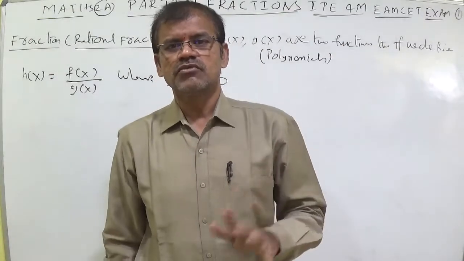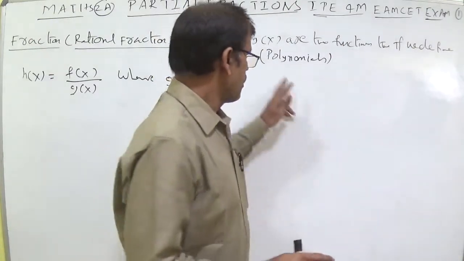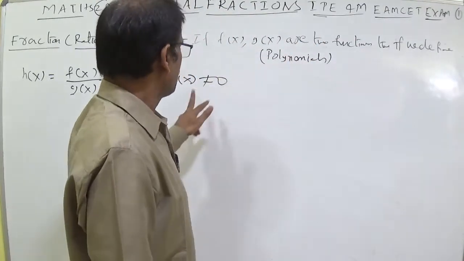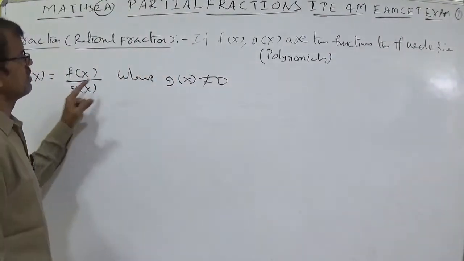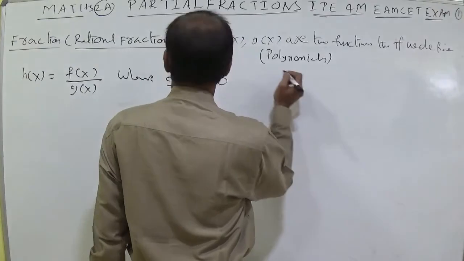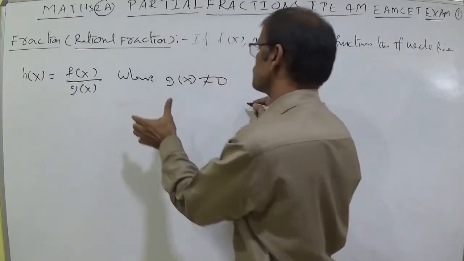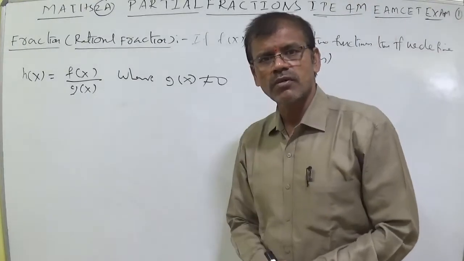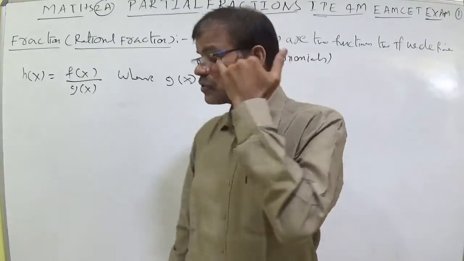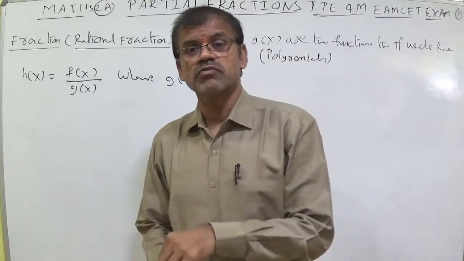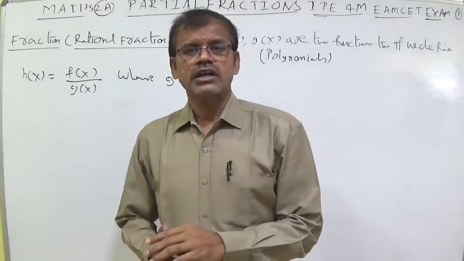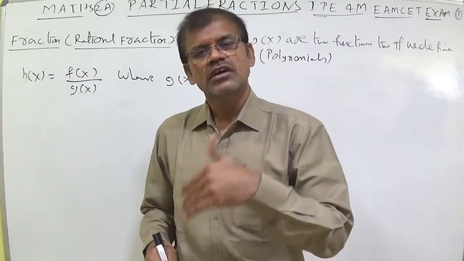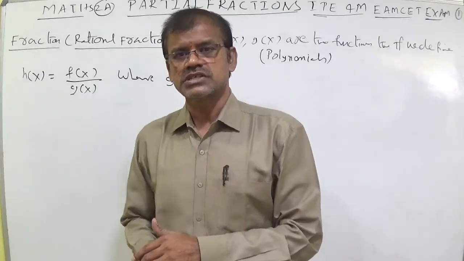In first inter, we learnt that g of x is a non-zero function. Here the definition is for a non-zero polynomial, but the definition is the same. If we define h of x is equal to f of x by g of x, where g of x not equal to 0, of course f of x may be 0. There is no problem. If f of x is equal to 0, you can say 0 into x plus 0, and 0 into x square plus 0 into x plus 0, like that. It is called a zero quadratic identity, like the biquadratic identity, cubic identity, like that you can say.